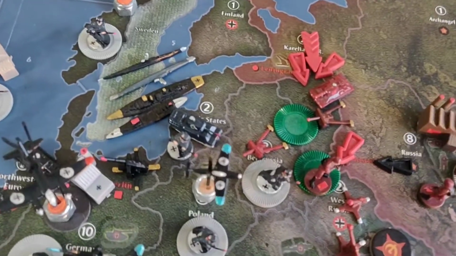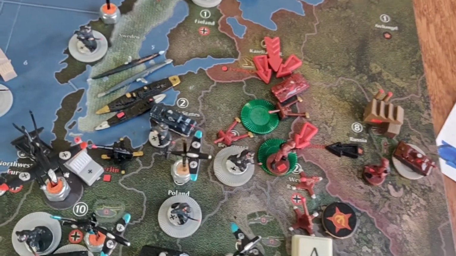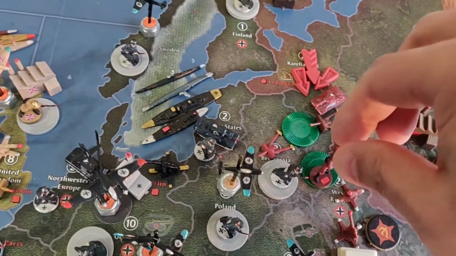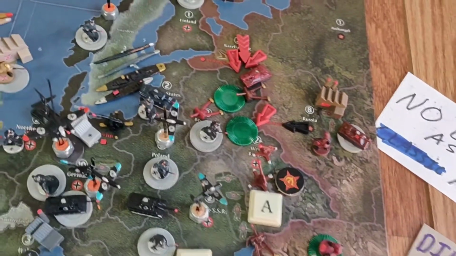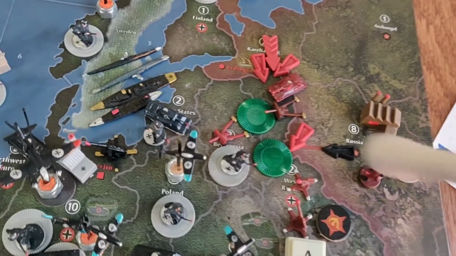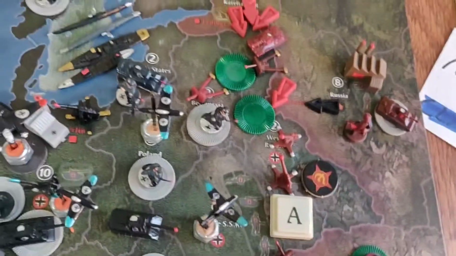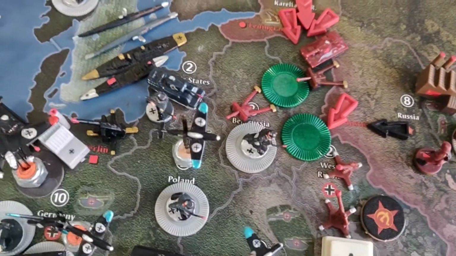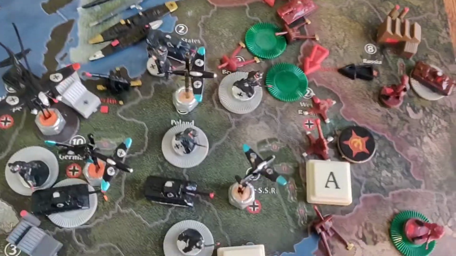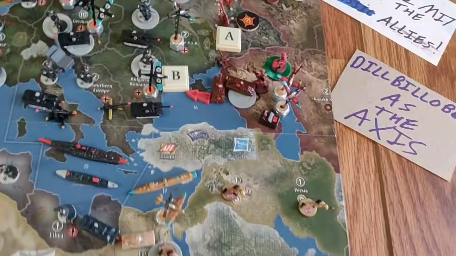I'll have to get back on that. I'll put it in the comment section. I think I lost 2 infantry, didn't I? If I'm not mistaken. It'll be 7 or 8 infantries, 2 artilleries, 1 tank, and 2 AA guns in West Russia, I should have. So it'll be 7 or 8 infantries there. I'll put it in the comment section, DILLBILLOBOB. Sorry about that. I know I lost 1 in there. And in